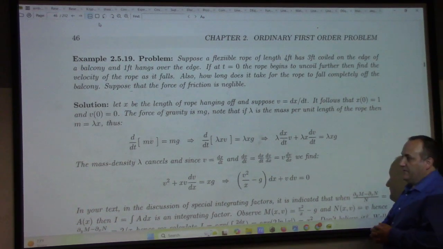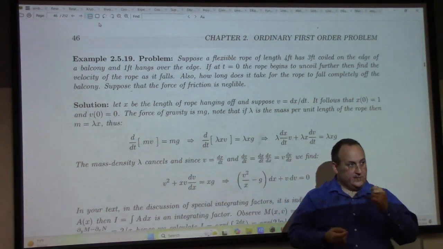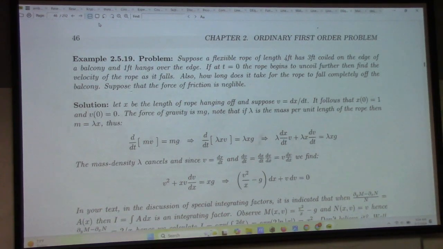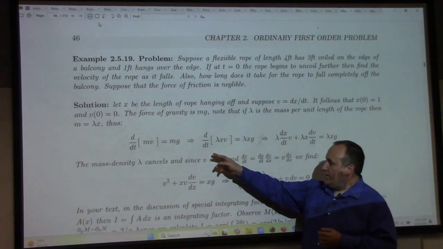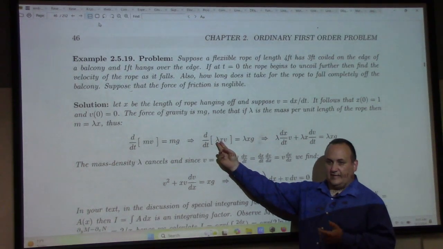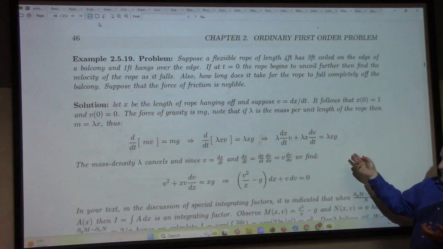So the force of gravity is mg, and here we have dp/dt, right? But the thing is, the mass is changing, all right? Because it's the mass that's hanging off that is the part that's moving. The part that's coiled on the desk is not moving yet, you know? So you can trade m times v for lambda x. So lambda is the mass per unit length, x is the length hanging off. And that gets me to this, which gets me to this